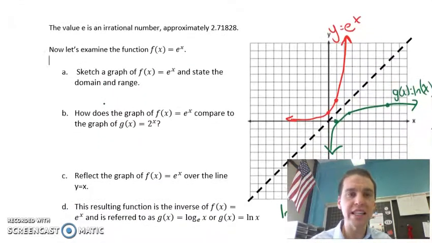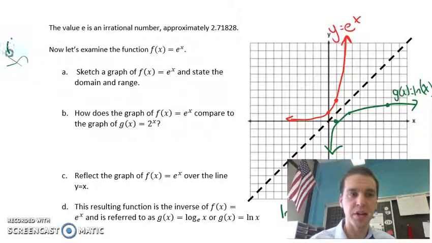The value of e is an irrational number, like pi. Pi is 3.14159, and so on. E is 2.71828. And so you can think of e and pi as being the same type of irrational number. They are different numbers though. So if we sketch e to the x, and just so you guys know